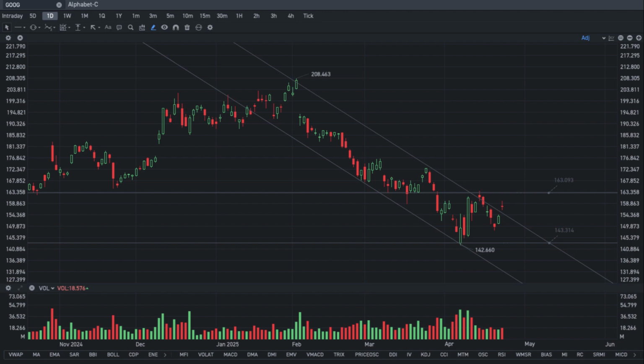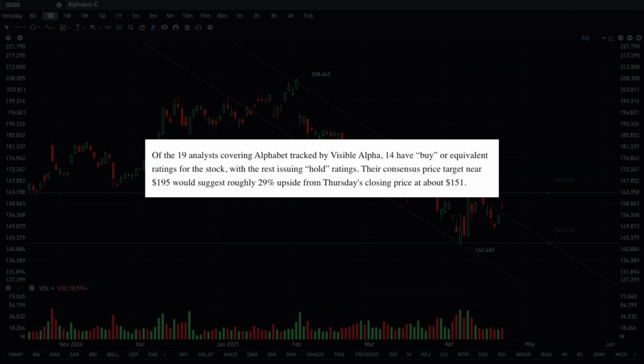In addition, the stock is affected by its latest quarterly earnings report. The company will announce its first quarter results after the stock market closes on Thursday, and some analysts seem optimistic. Of the 19 analysts tracked by Visible Alpha, 14 give the stock a buy or equivalent rating, while the rest give it a hold rating. The consensus price target they give is close to $195, which means there is still a lot of potential upside